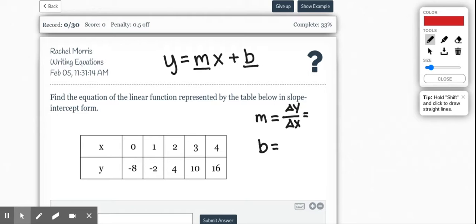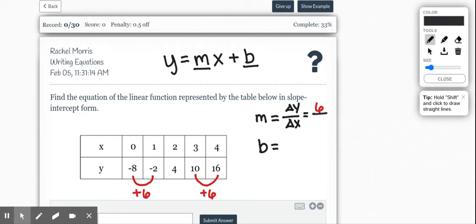And so if I look to see how is my y changing from -8 to -2. If you don't like negative numbers, you could say, okay, how is my y changing from 10 to 16? Well, either way you look at it, it's changing by +6. Okay, so your change in y is 6